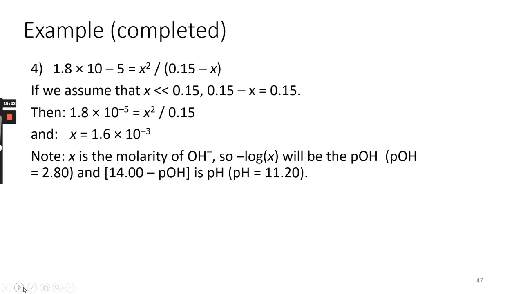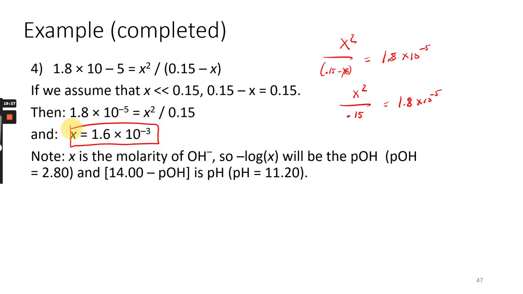So again, we end up with x squared over 0.15 minus x is equal to 1.5 times 1.8 times 10 to the minus 5. We can ignore this x, so we end up with x squared over 0.15 equals 1.8 times 10 to the minus 5. We can multiply, take the square root, solve for x, and we get that x is 1.6 times 10 to the minus 3, which is